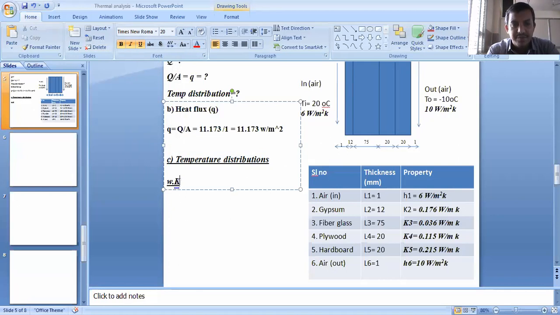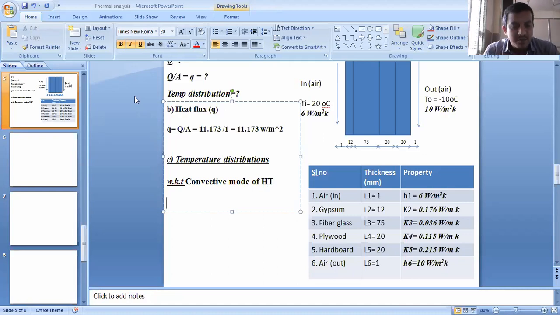You know that it is the convective mode of heat transfer.